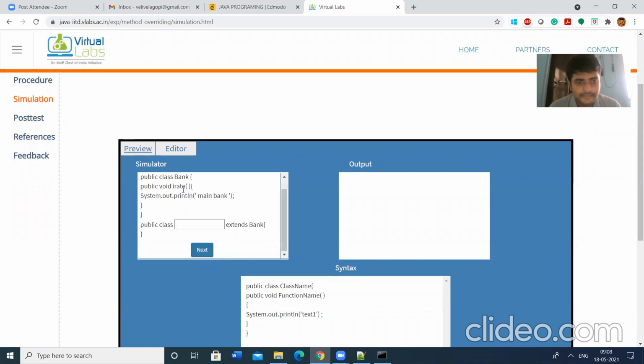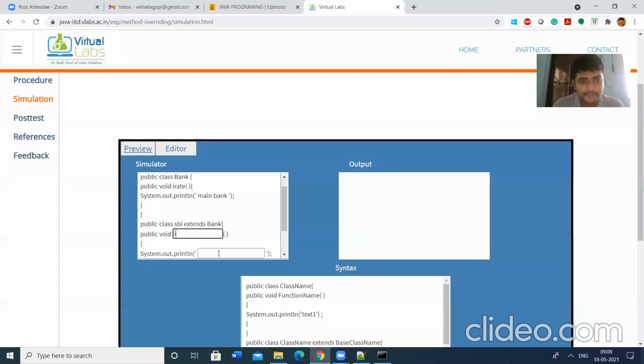Next. I am defining the class SBI. SBI is a subclass and the superclass is Bank. Next, in SBI, the void method name is irate. Here the method name is irate.